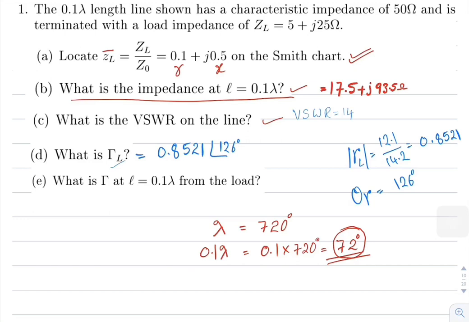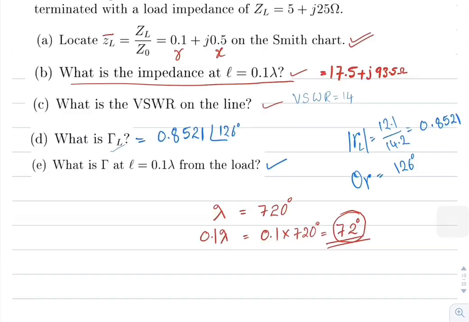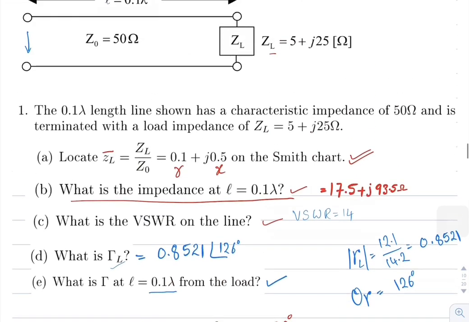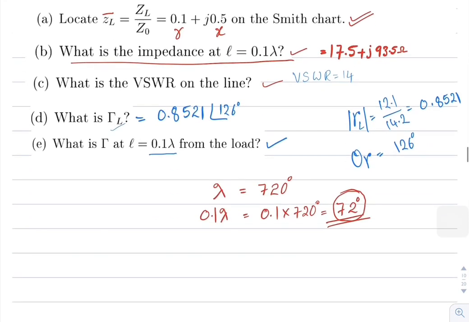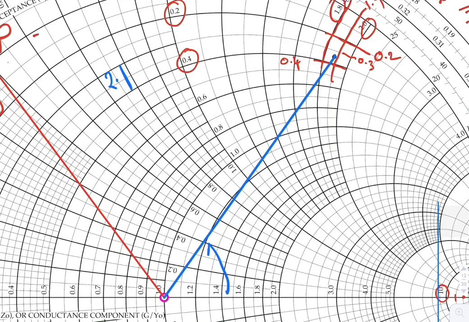The next question is reflection coefficient at L equal to 0.1 lambda. Now he is asking reflection coefficient at this point. Reflection coefficient at L equal to 0.1 lambda means you have to travel a distance of 0.1 lambda on the transmission line from the load, which is nothing but the 72 degrees on the Smith chart that we already calculated. This angle, that is theta suffix gamma,